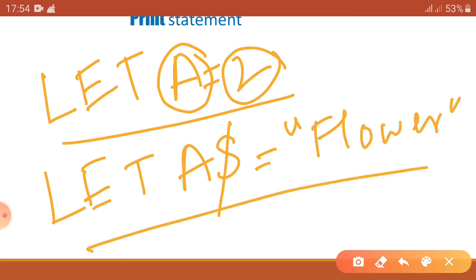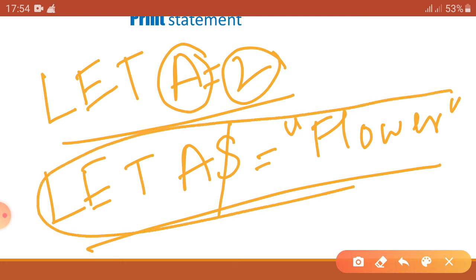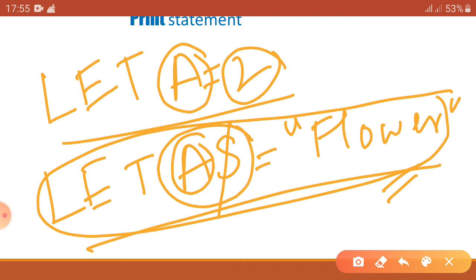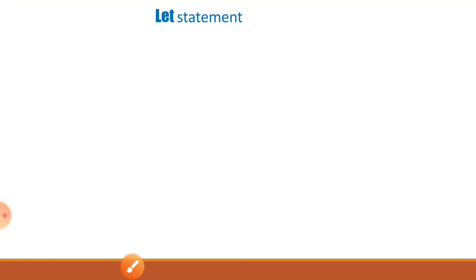Okay, so that means these statements assign the value flower to the variable a. Okay, got it?